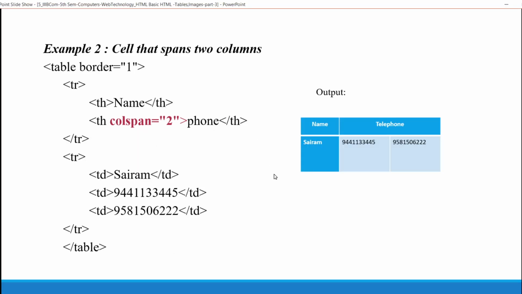This is about col span. Here I have taken name Sairam with 2 telephone numbers. So the name is Sairam, and with how many telephone numbers? 2 columns. For that I have used the attribute col span equals 2.